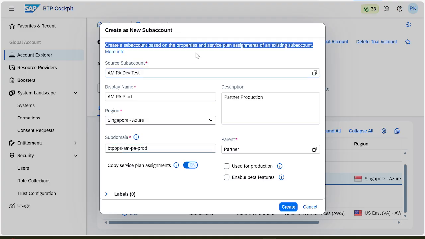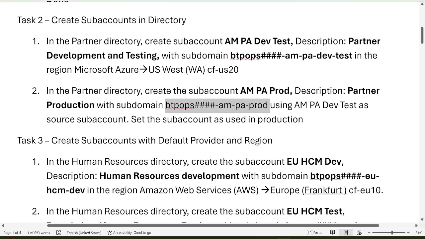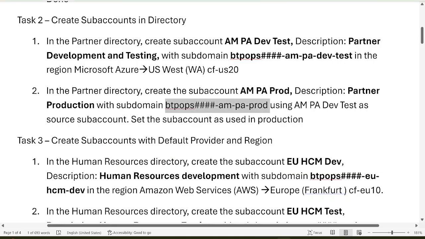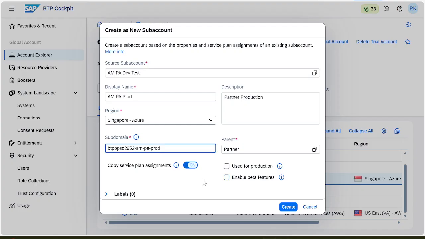What is that? Yes, scroll down. The global account number I'm going to give: D295, something like that. Okay. We can change it here. Now I'm going to set the sub account as used for production. See here, you have to click on used for production. Okay.